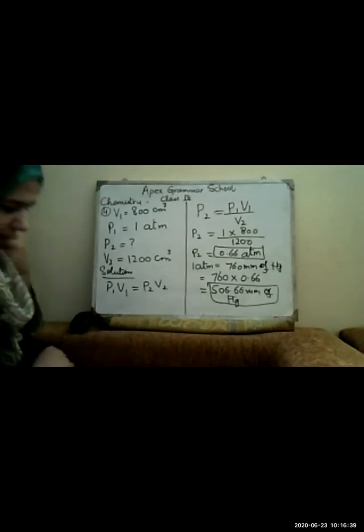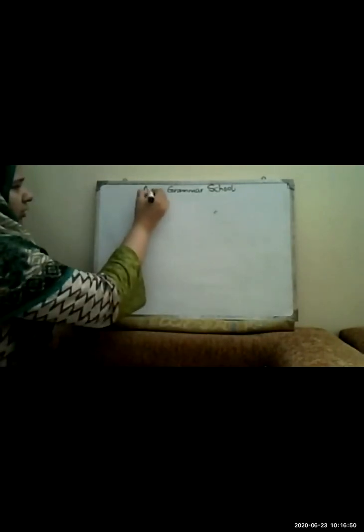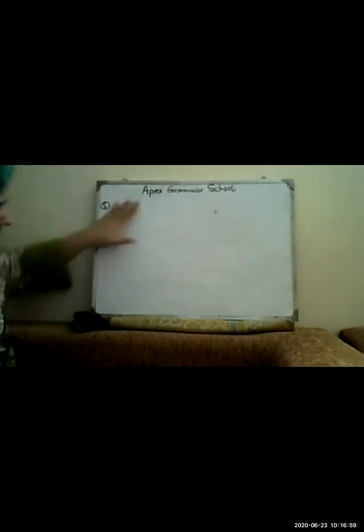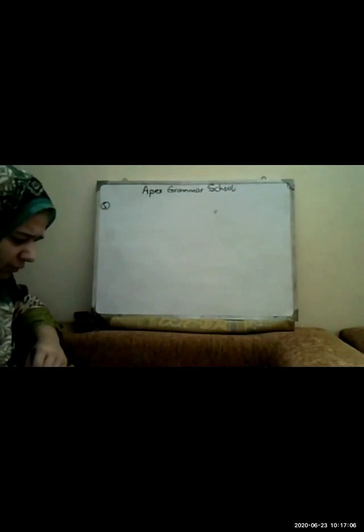Coming towards number 5, and please try to do it with me so that it will be clear to you whether you are able to do it or not. It's numerical number 5. Given data. First, you will write down the heading of given data. Then, coming towards the statement. It is desired to increase the volume of a fixed amount of a gas from 87.5 to 118 cubic centimeter.